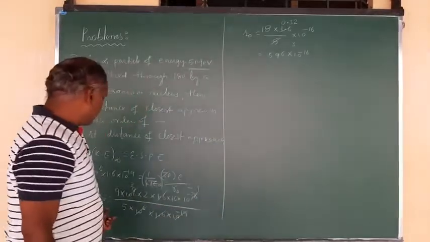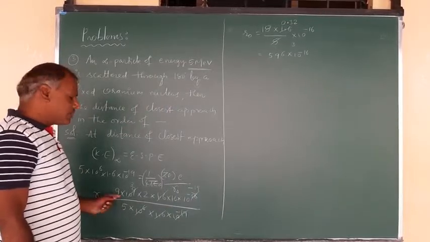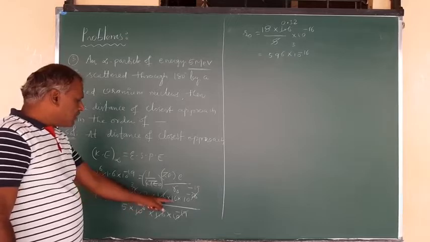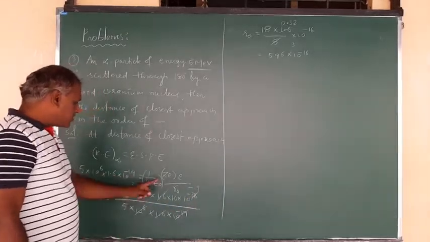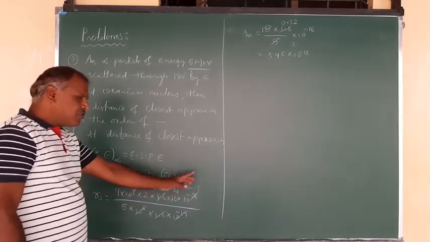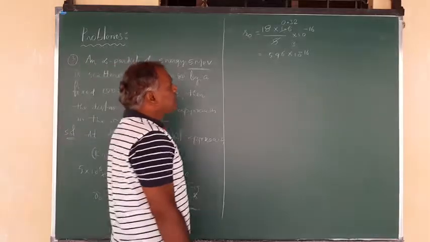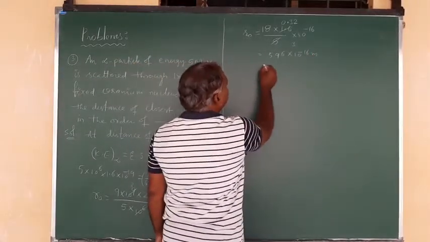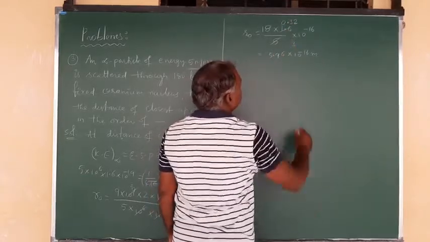That is the value observed here. This is the equation, 9 into 2. Here in e square, one of the e cancels; here 10 power minus 19 and 10 power 3, you get 10 power minus 16. So this is the value, and you can write it in meters. There are two decimal points here.